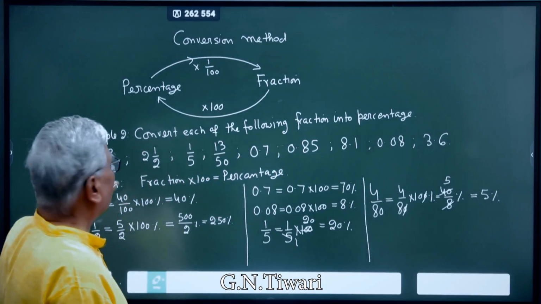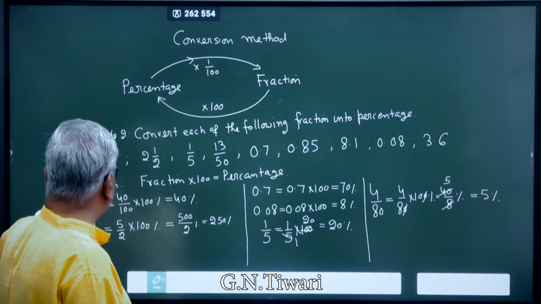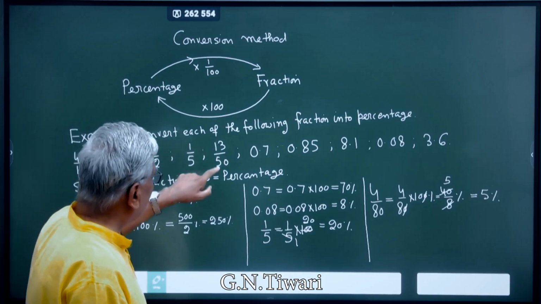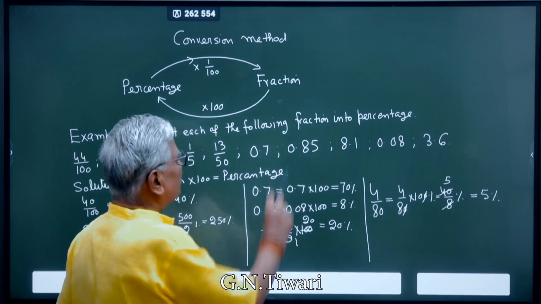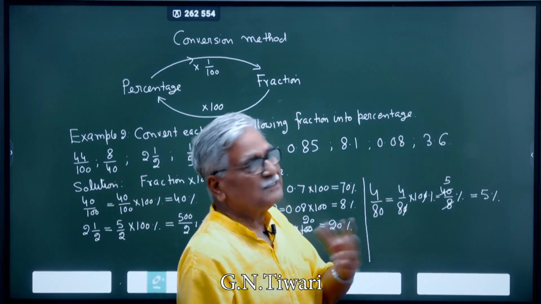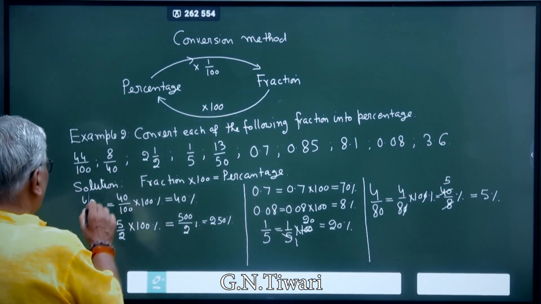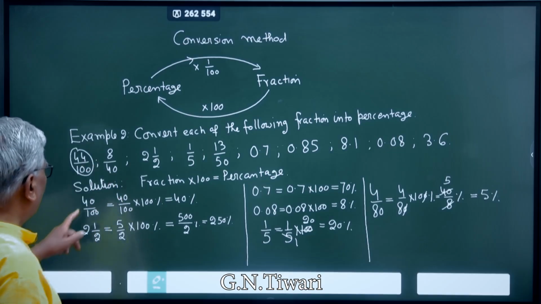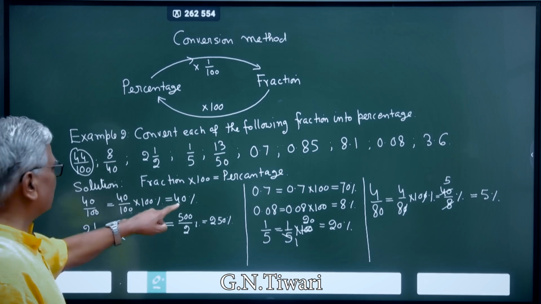Now see, fraction, proper fraction, improper fraction, mixed fraction, and this is the decimal. All those less than 1 are proper fractions, but it can be a mixed fraction as well as an improper fraction. I am just taking the example of 40 by 100. This is a fraction. If you want to convert it to percent, multiply by 100. So 100 cancels, it is 40%.